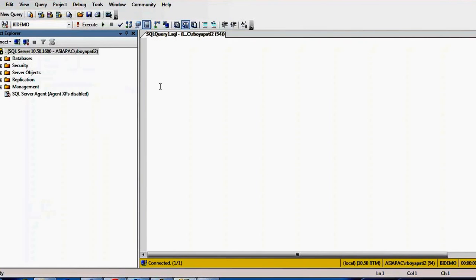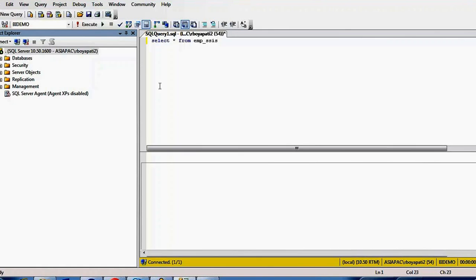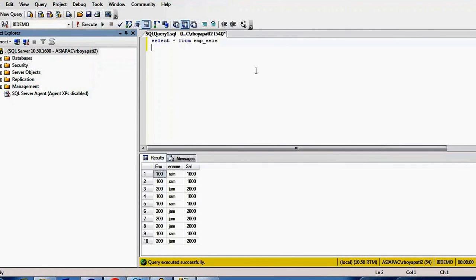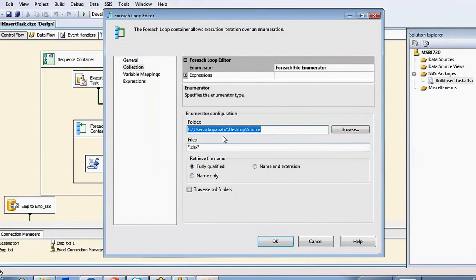BA demo. So that table name is, we'll check, select star from emp underscore SSIS. Truncate table emp underscore SSIS, right? I have truncated, nothing is there. Okay,